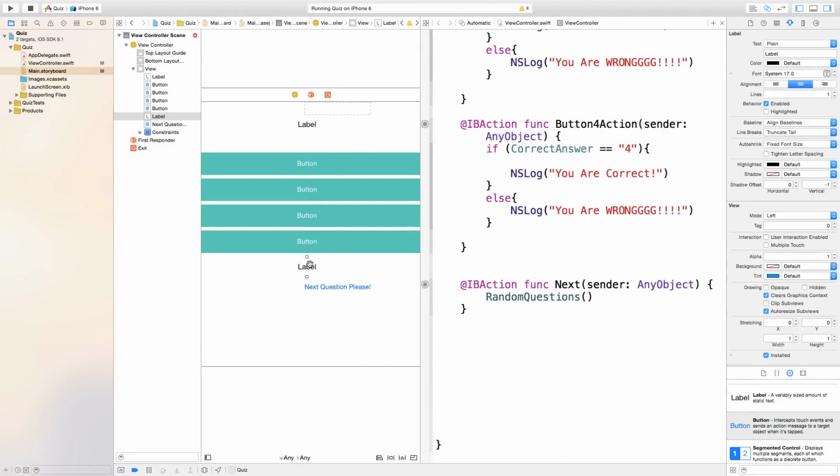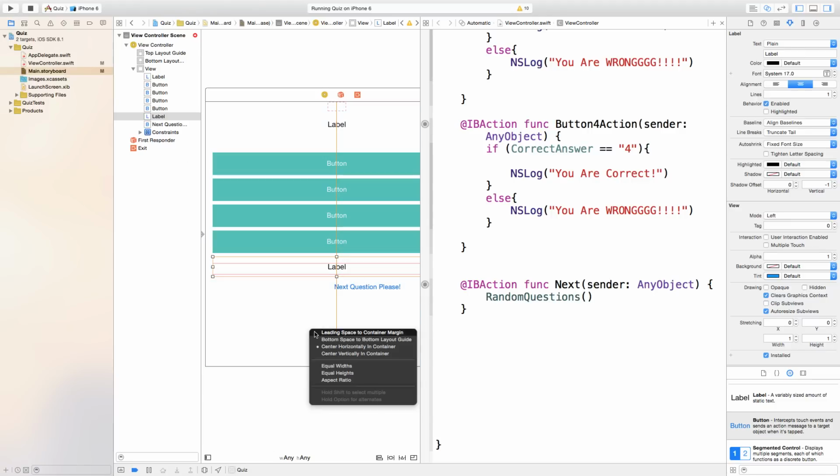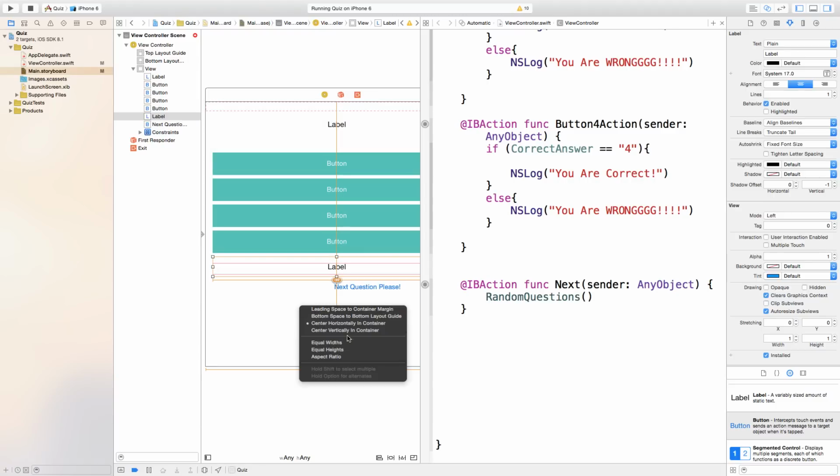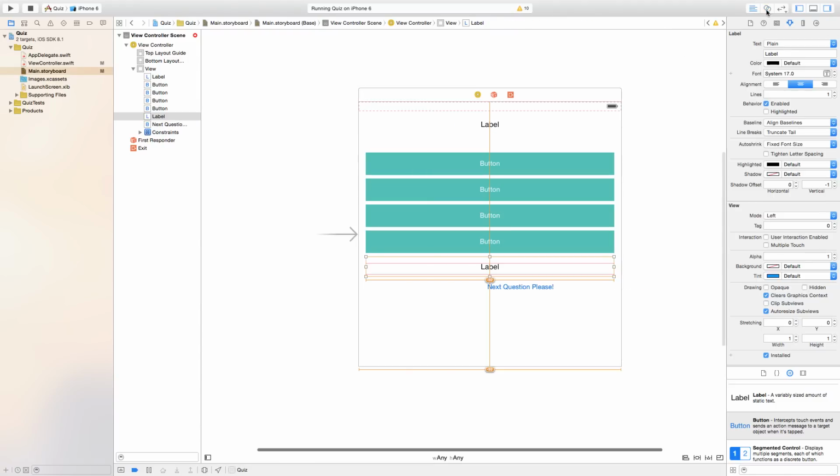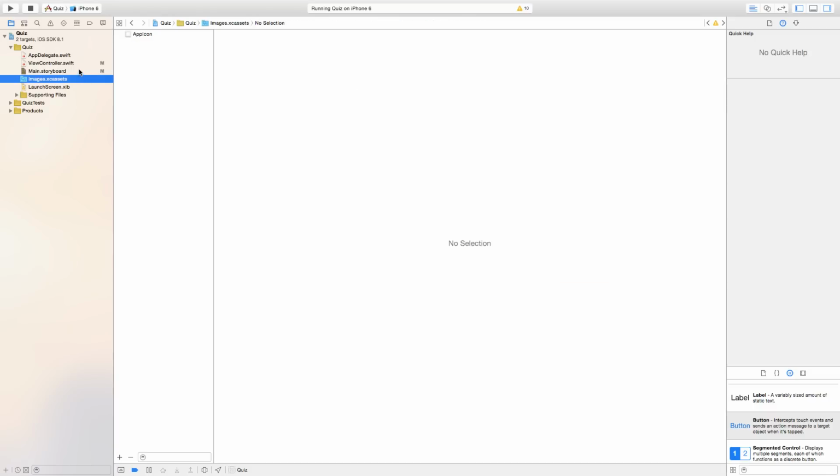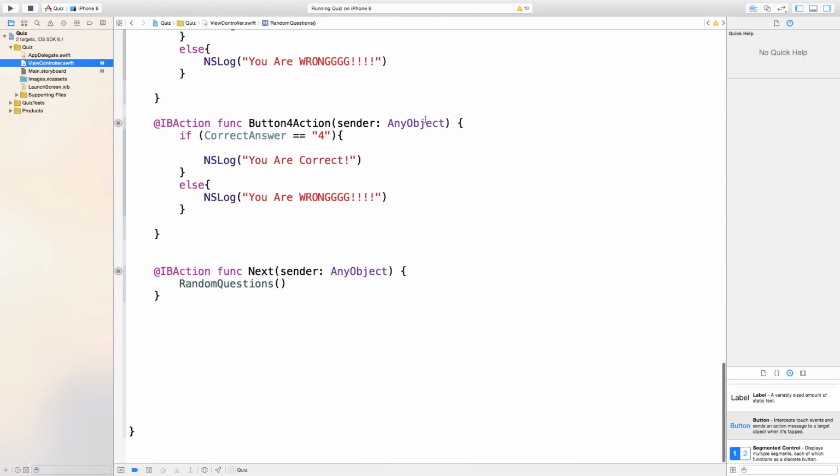So first off, we don't want this label to always be there. So let's go ahead and say center horizontally in container, like we did with everything else. And also we want this to adjust size accordingly. So right click or control click and drag and say equal widths. All right, now let's go ahead and close our assistant editor and go to our viewcontroller.swift file again, and go down to our random question,